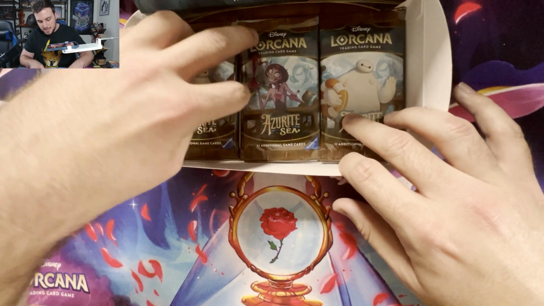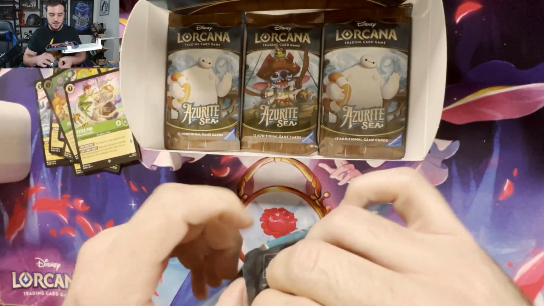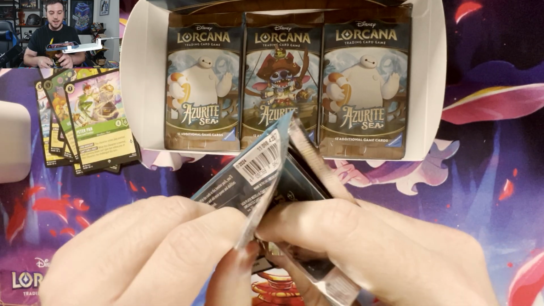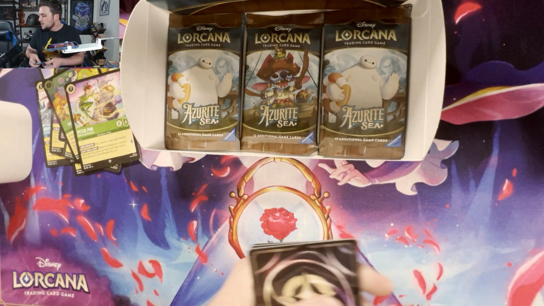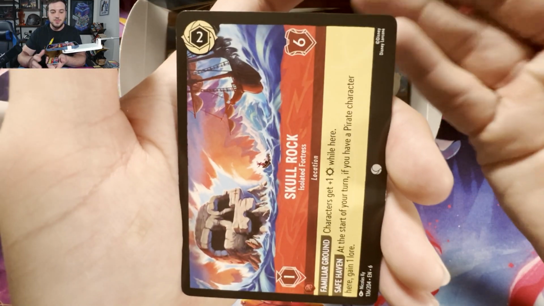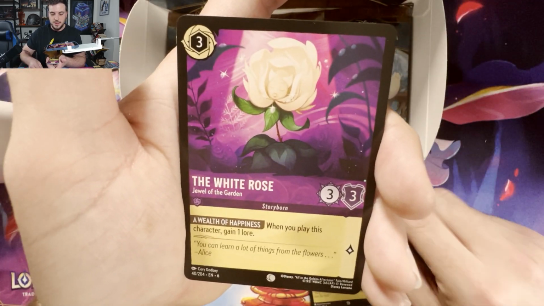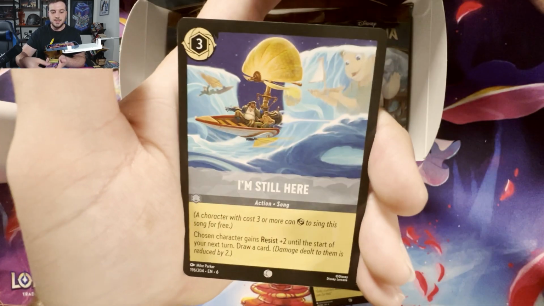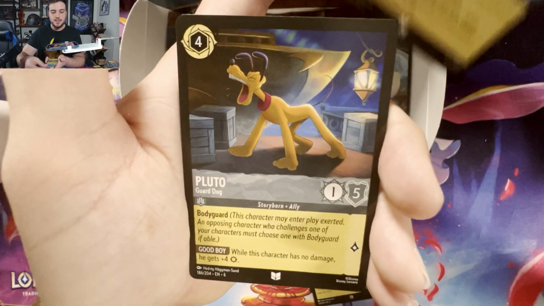Okay, so we got 6 packs left. Let's go ahead and finish off strong. Can we squeeze another legendary out of here? Come on, Azurite C. I know you're stubborn, but give me something. We have Skull Rock, Gadget Hackwrench, I Won't Give In, The White Rose, Dawson, I'm Still Here, Jasmine, Microbots,